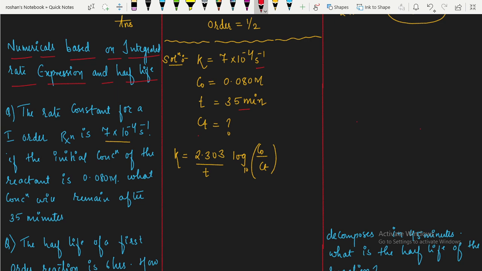So you'll have to convert this time which is given to you in minutes into seconds. So 35 minutes means how many seconds? 35 into 60, right students? So the answer that you get in this case will be around 2100 seconds. Now if I substitute that value here, students, the value of K which is given to you is 7 into 10 raised to minus 4. So this is 7 into 10 raised to minus 4, which is equal to